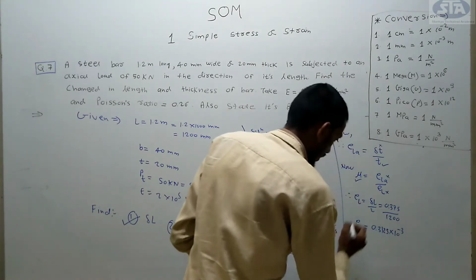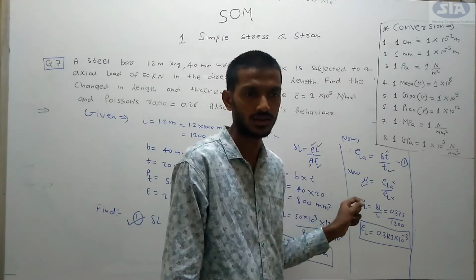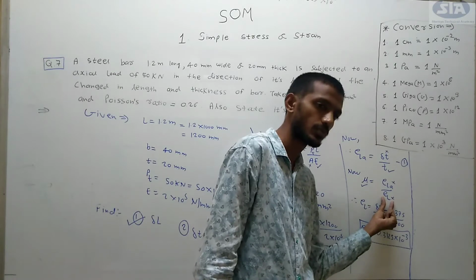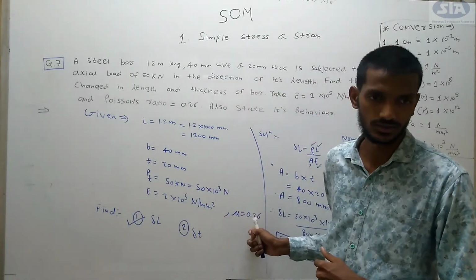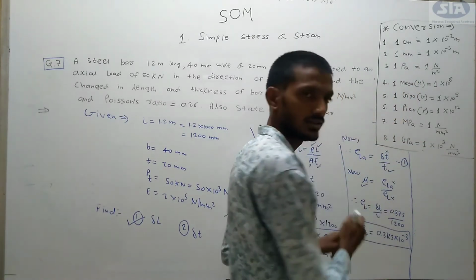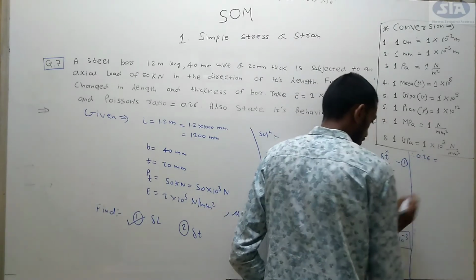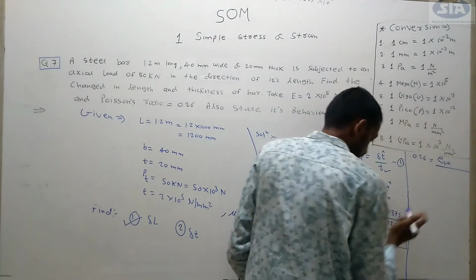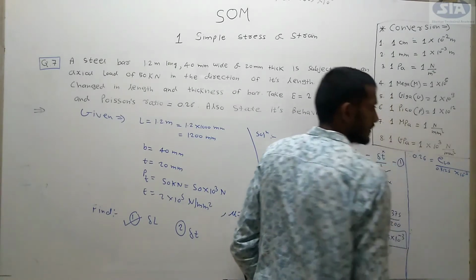Now we will get linear strain. Now we have to find out lateral strain. So put the value of linear strain in this equation. We already know the value of mu, which is 0.26. Now put the value of the two terms in this equation and you will get lateral strain. So here I am writing mu's value 0.26 is equal to lateral strain, divided by linear strain, which is 0.3125 into 10 raised to minus 3.